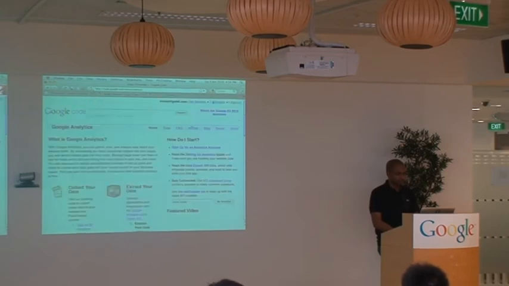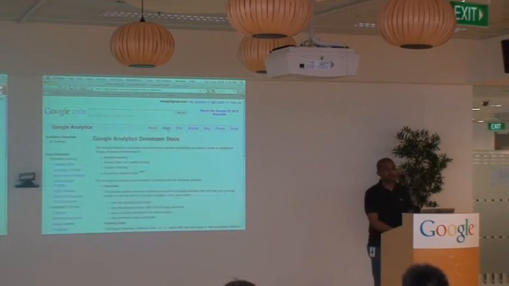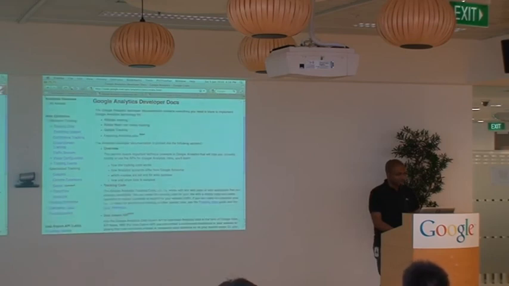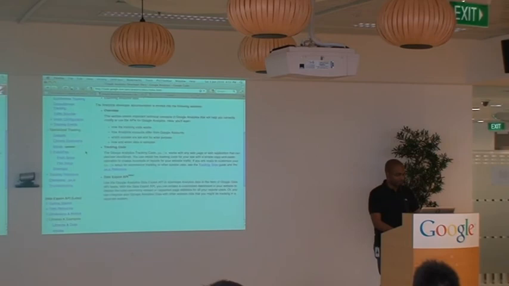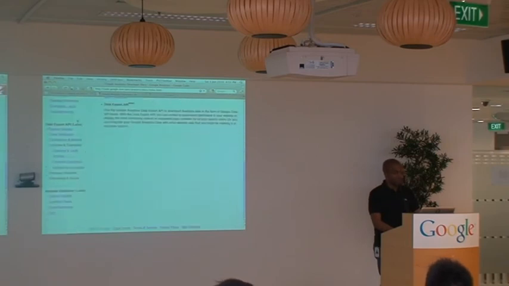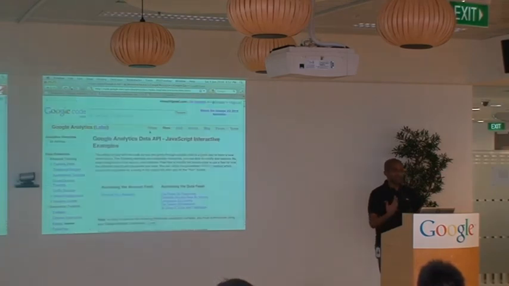We come here, and then you want to click on the Docs link, and that gives you basically everything I've spoken about today, that's all here. All our different types of tracking, we've got our specialized tracking, which I was talking about before. Scroll down here to the Data Export API, and click on Interactive Examples. And this really walks you through how your application would interact with the Analytics API as well.